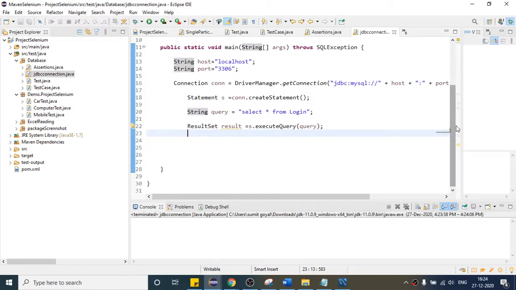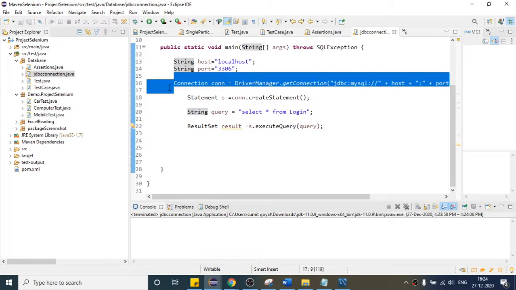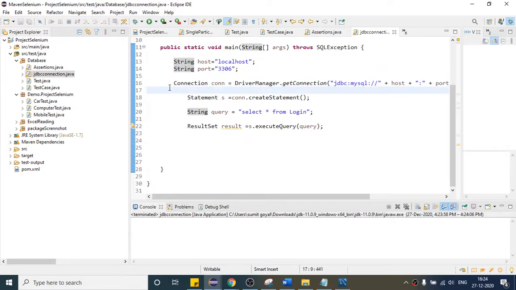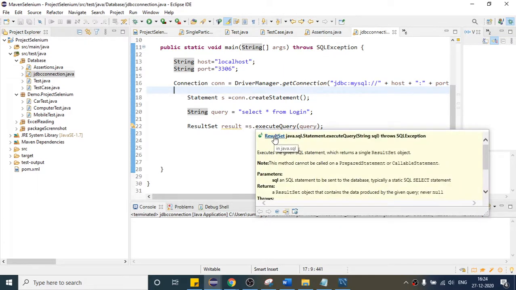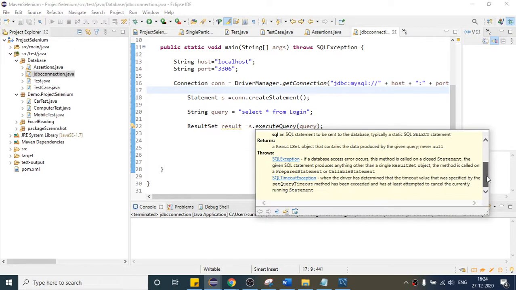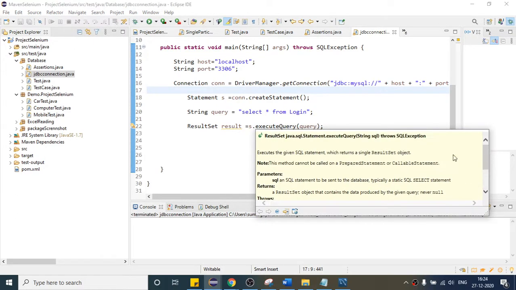So this line, ResultSet is the return type. You can see it is the return type, so I am using this. It returns a single ResultSet object, that's why I am catching that in my variable.